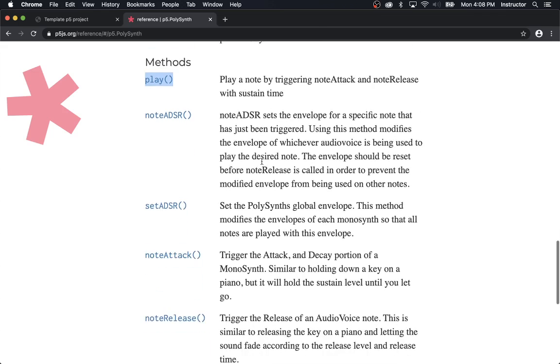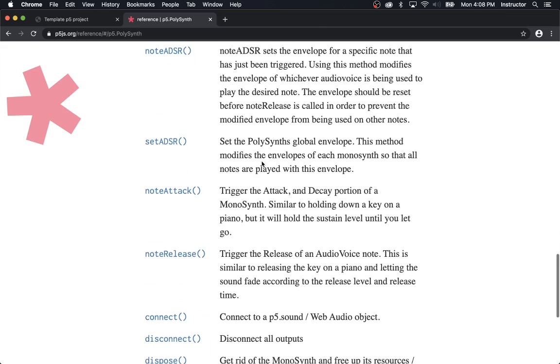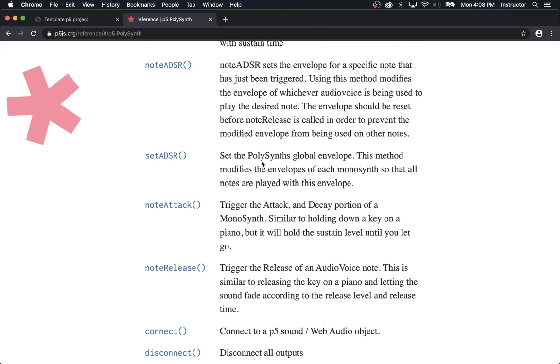I'll just point out that there are other things here, right? There's this thing that's a note ADSR. ADSR is a language that is used in digital music production. It's a way of specifying an envelope for a sound. The envelope refers to how the sound changes, usually in volume over time. ADSR stands for attack, delay, sustain, and release, and there are different volume settings that a sound goes through as